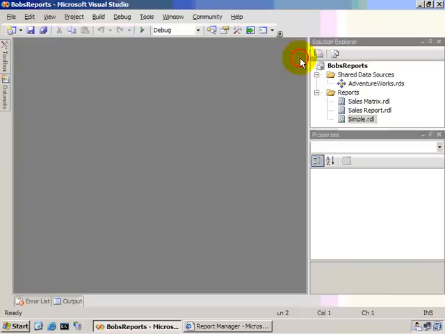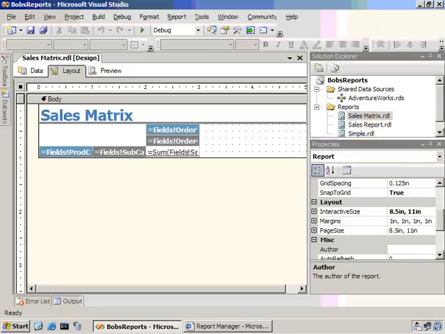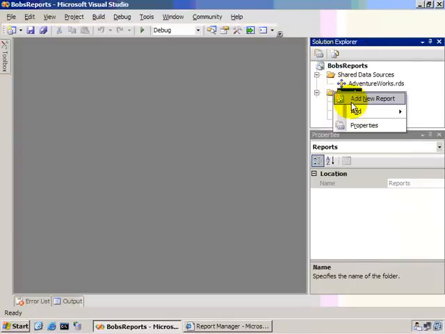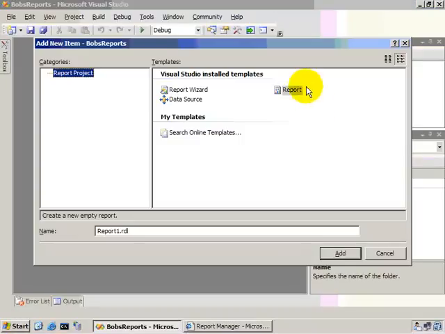Okay, so let's ratchet up the complexity just a little bit. In the previous video, we took a look at creating a matrix report, and we did this purely from the report wizard. But what if we wanted to create this on our own without using the report wizard? Well, we certainly could do that. So let's select Add New Item. We'll want to make sure this is a report, and we're going to call this just